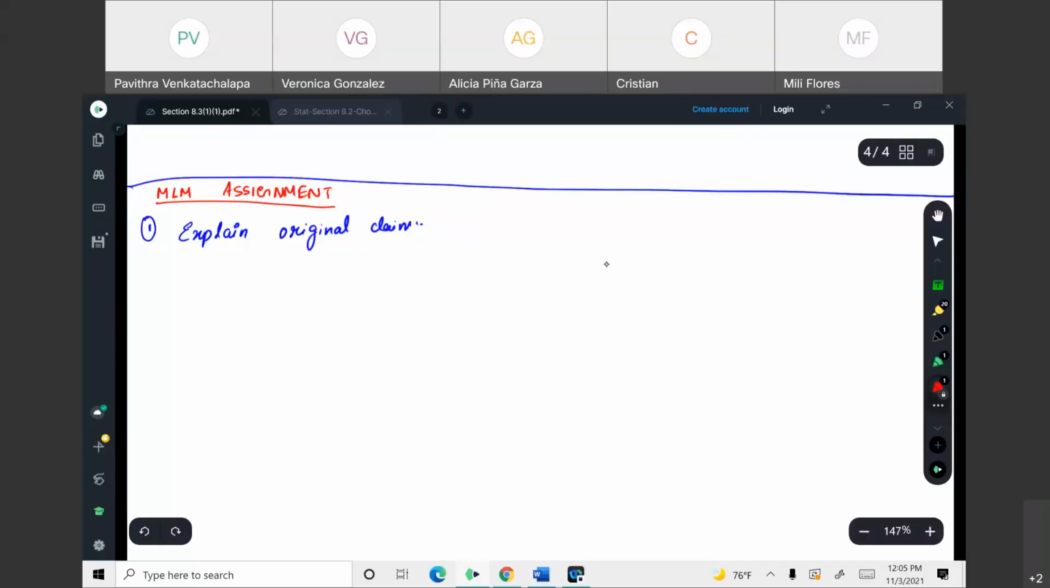So this is for chapter 8. So you might have a question like this. This means you just have to write this in a symbolic way. For example, if they say the mean weight of male is equal to